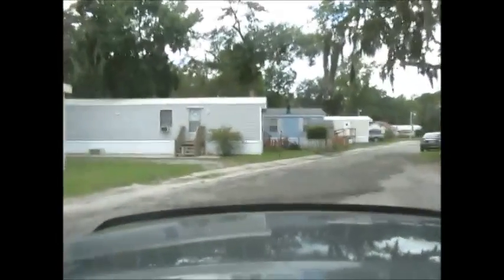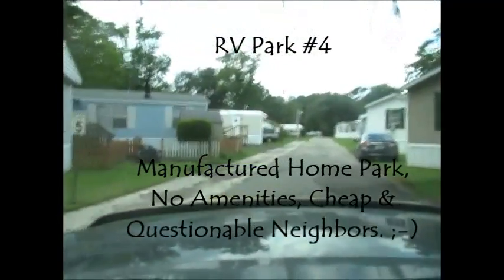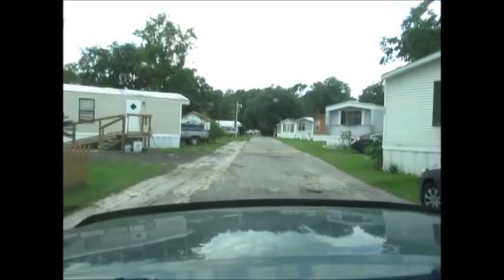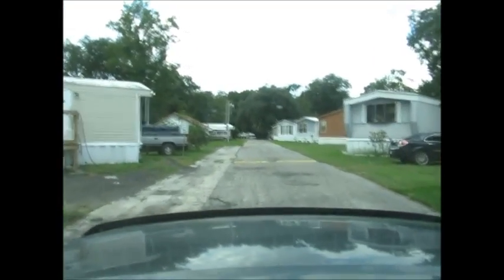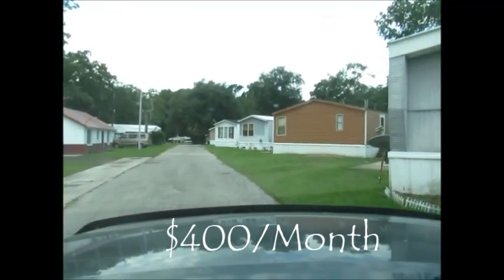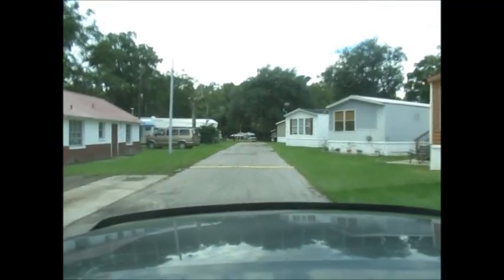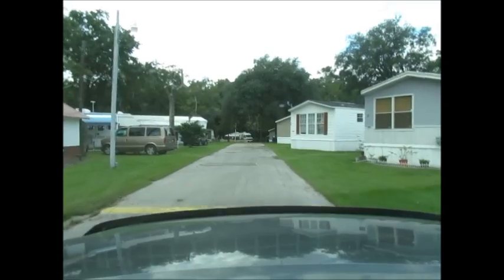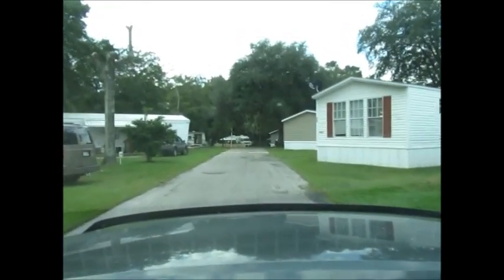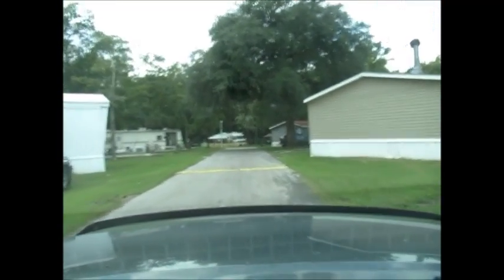So, this is an example of a manufactured home park that has a couple lots available. Typically, if they have a couple lots available, they're cheap. It's typically a little bit run down. This one isn't great, but I wouldn't say it's terrible. It's not as bad as some that I've seen. They're typically small, cheap, on busy roads. No amenities, you're kind of on your own. I wouldn't use their washer dryers. They tend to be kind of gross. But if you're looking for something a little bit on the less expensive side and simple side,